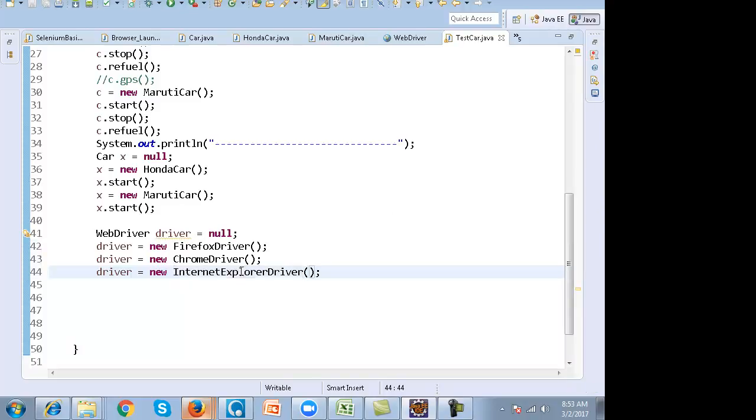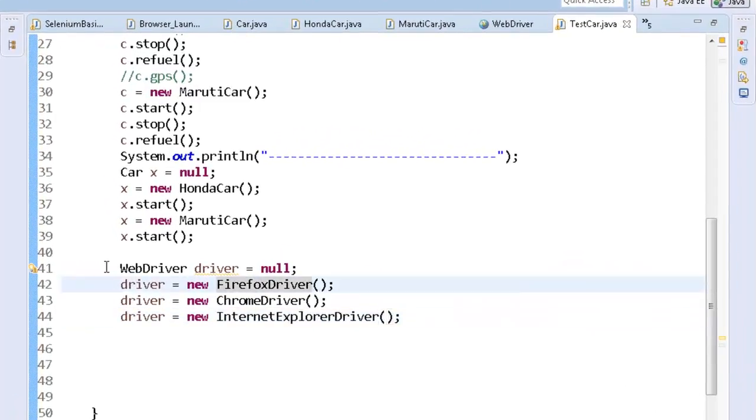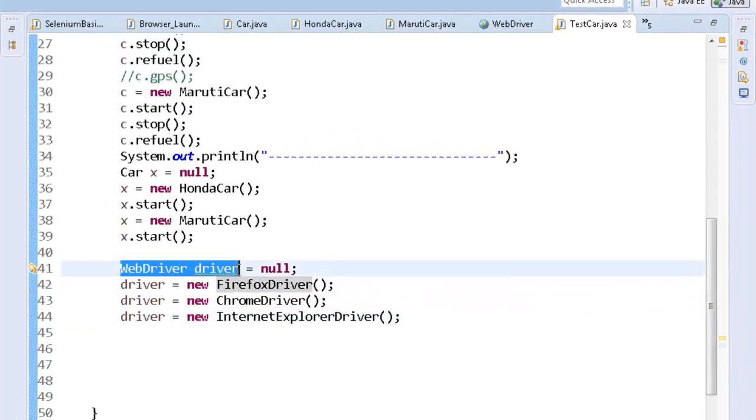It is your choice, because you are using the reference of the interface which is being implemented by the classes.